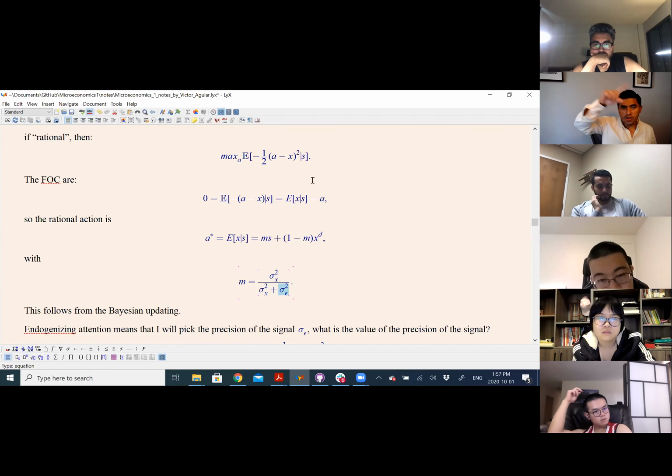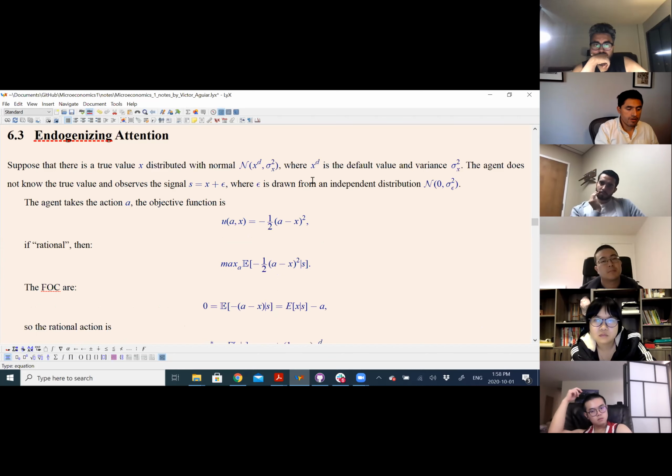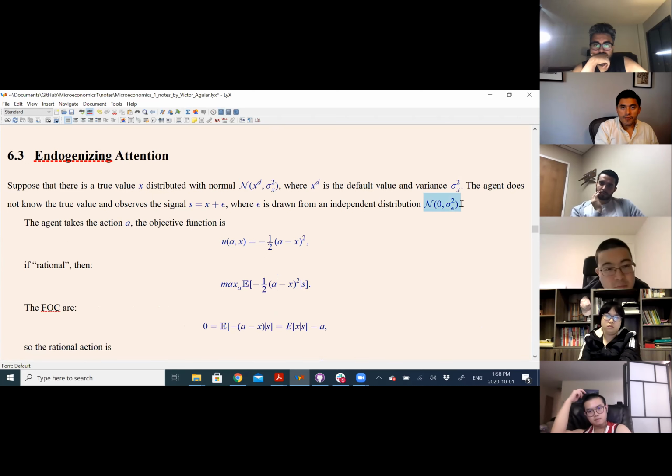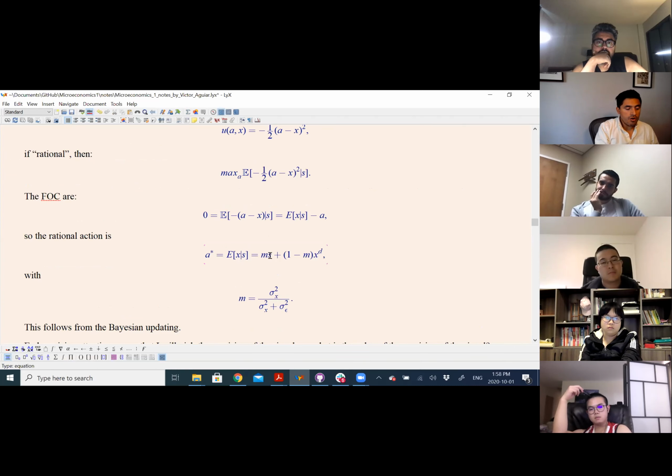So if your price is Gaussian and normally distributed, and then you get a signal, which is the true price plus the epsilon, which is also normally distributed with a different sigma, then your posterior mean is going to be characterized by this weighted average. So this is a conditional mean, conditional on S, on the signal. Given a realization of S, you take the mean of the true state of the world, and you move it towards the signal according to M. And M is given by the variances.